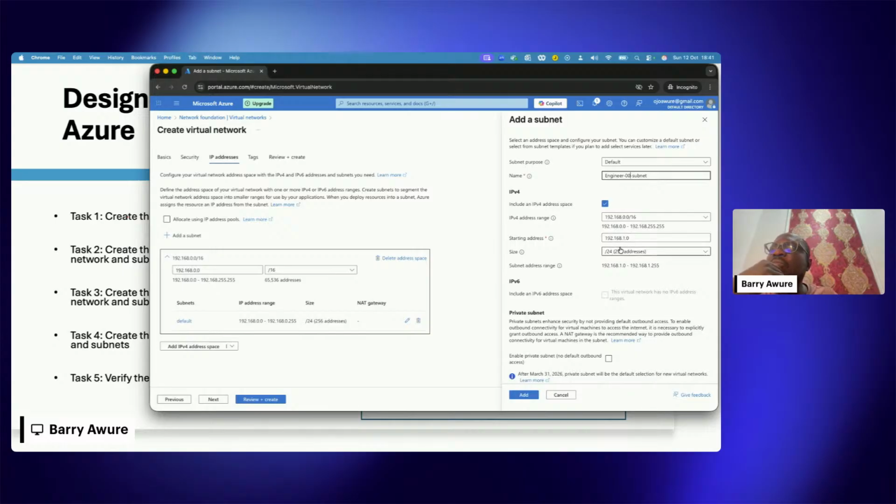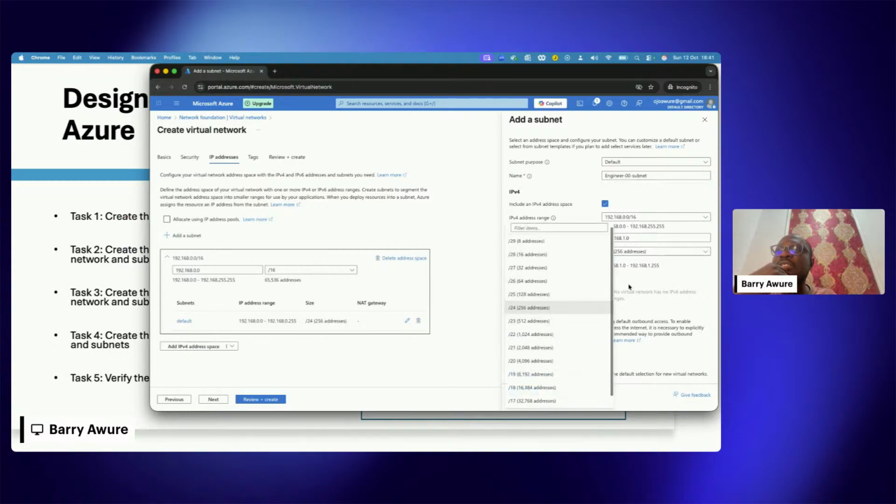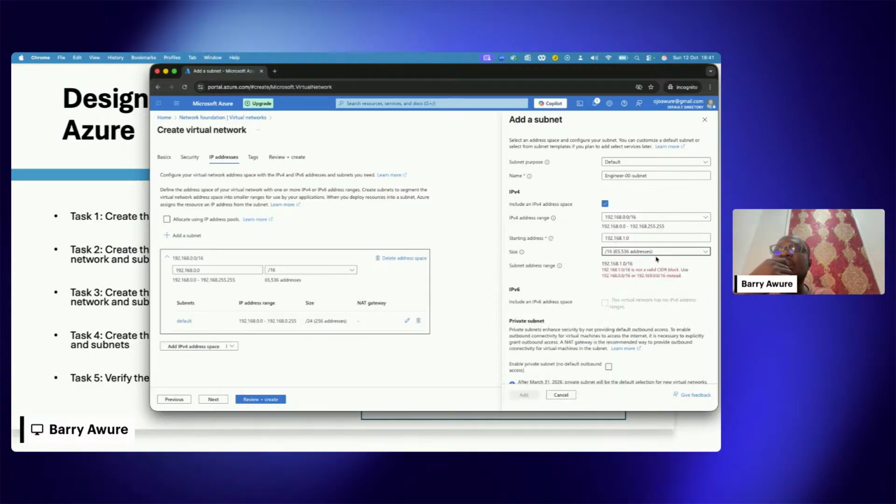So here, from my slash 16, Azure is giving me a slash 24, and probably that's not what I want, right? I don't want the entire 255 IP addresses to be allocated to this particular subnet. So what I can do is click on this drop down and select from all of these. Now, if I click slash 16, it basically means that I want to use the entire block just for this engineering 01, and you can see that it's already giving you errors, telling you you can't do this,